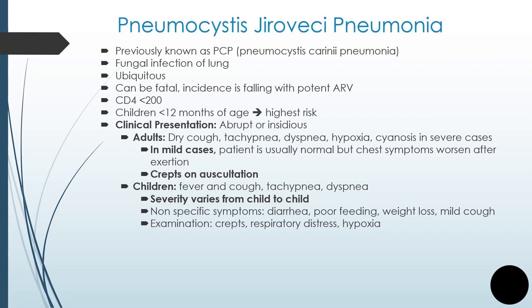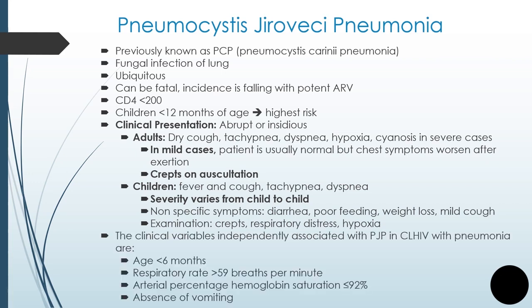Severity of disease varies from child to child. The non-specific symptoms include poor feeding, weight loss, mild cough, and diarrhea. Examination will reveal crepitation, respiratory distress, and hypoxia. There are certain clinical variables which, when independently present, can be used as a high